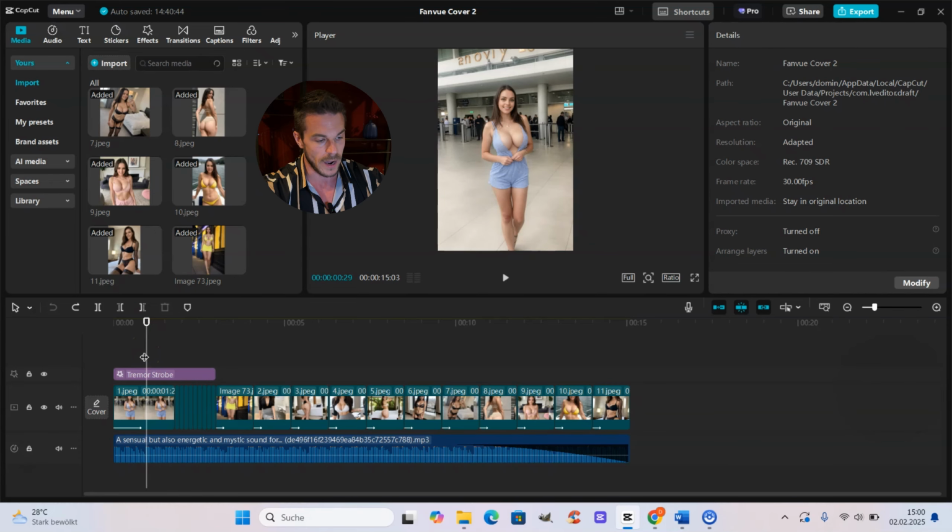Good, as you can see, I already opened CapCut, and this is exactly the software we are going to use to create our introduction video. CapCut is completely free, very powerful, and I use it for any video related topic you can think of. And as you can see, I already created the entire introduction video, but in a second I will delete all that and then we will go through the entire building process so that you can follow along and recreate exactly